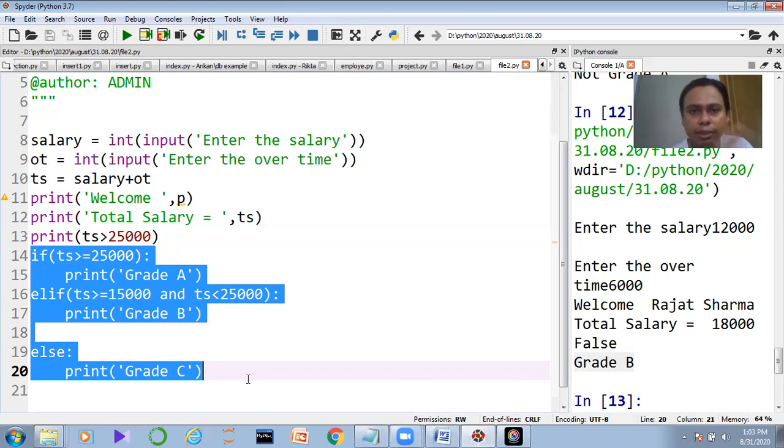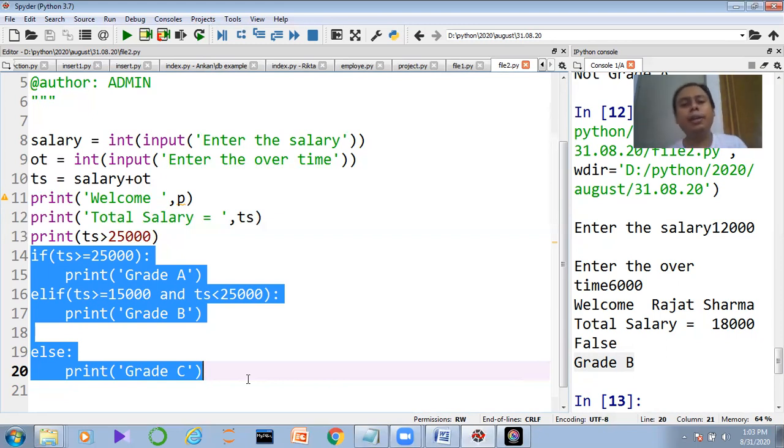So guys, in this video, what we covered is the input function. From the input function, we have written the string type of data. Then we have done a little bit of typecasting. After that, we have covered the logical statements like the if, elif and else parts. So guys, here I am winding up the video because the particular video is getting larger.